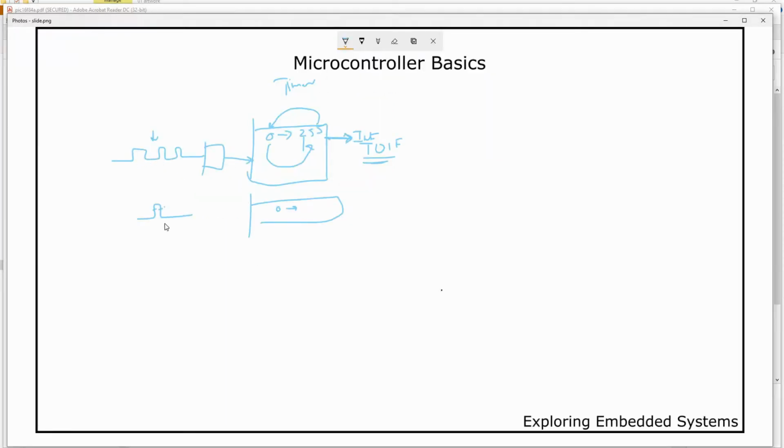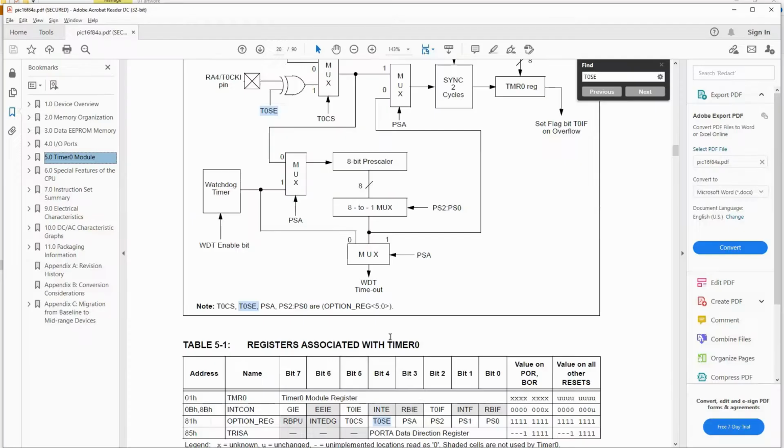For example, with an external pulse, there is a rising edge and a falling edge. During which edge do you want the timer to increment? In this case it doesn't matter, but when you are counting external pulses, it matters at which edge you want the interrupt to be generated.